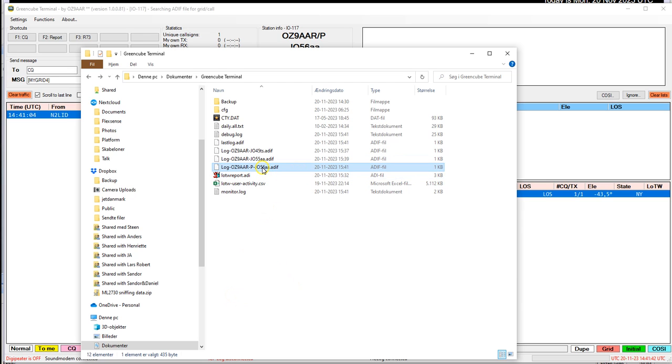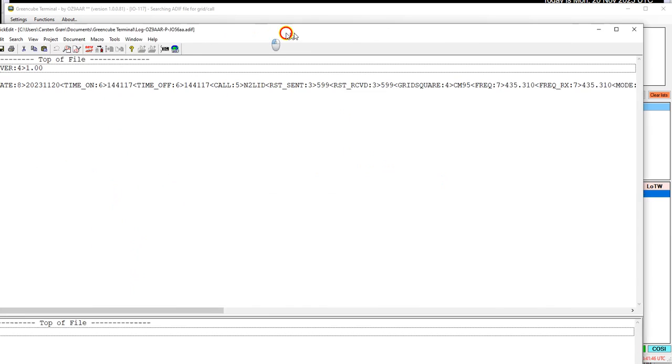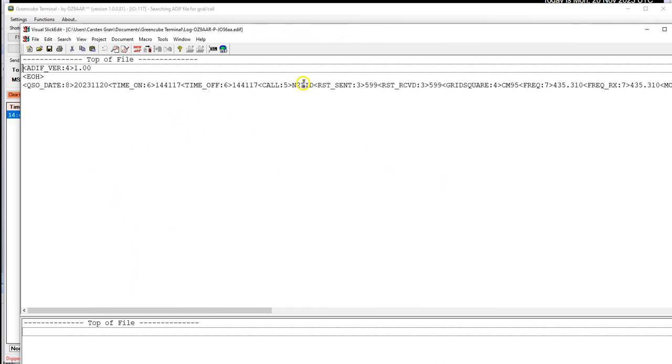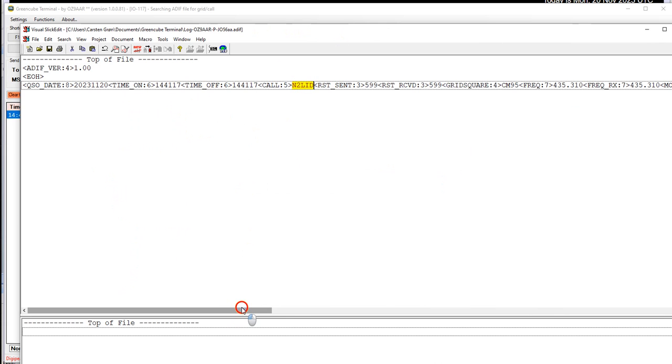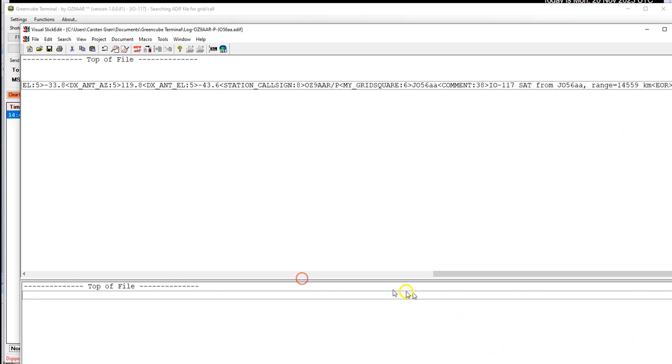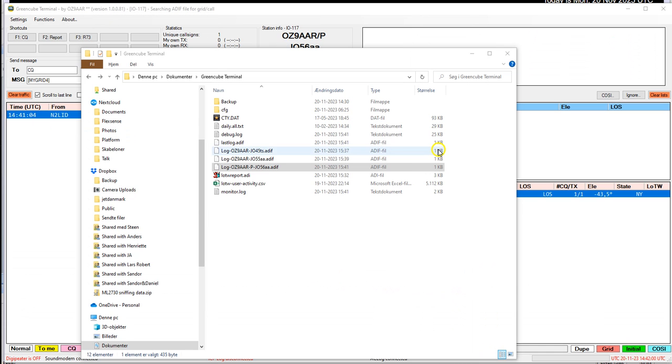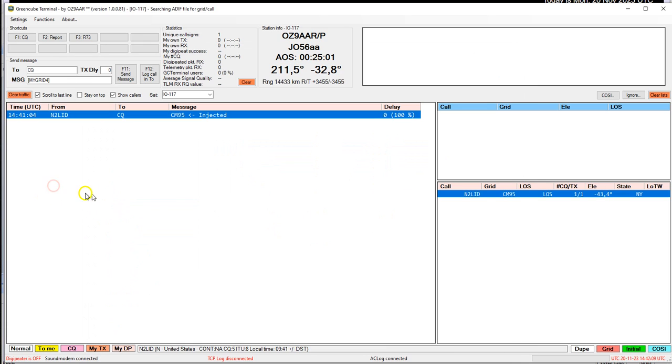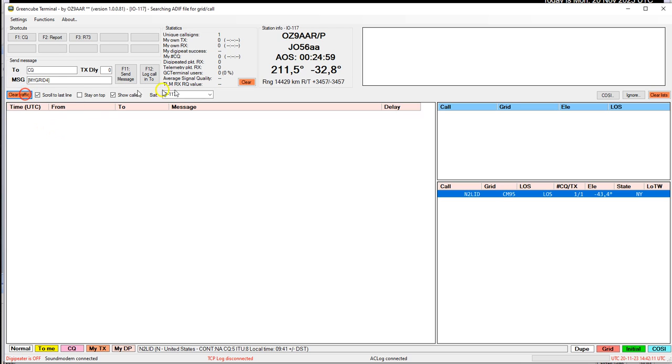So now he's logged in this one, and we can have a look here again. Again, he is Into lit, grid square CM95, and everything is as expected. So now we have the three files, and again, if we now clear everything